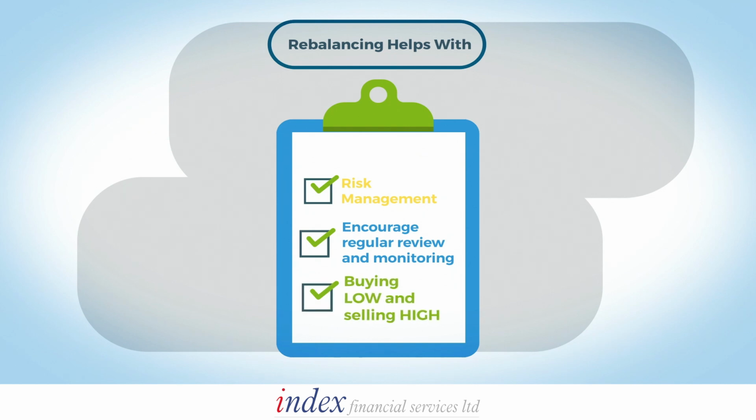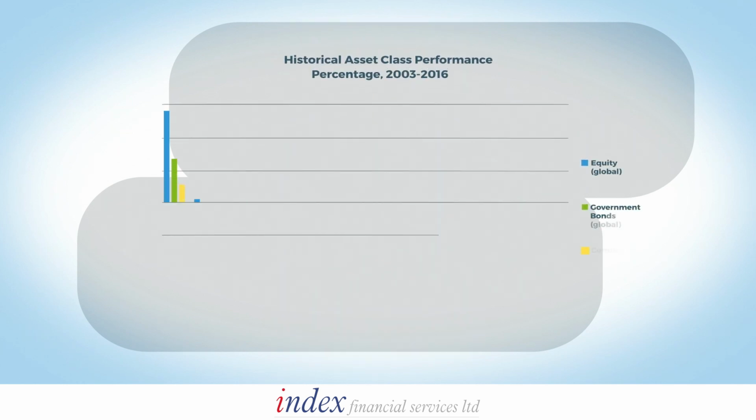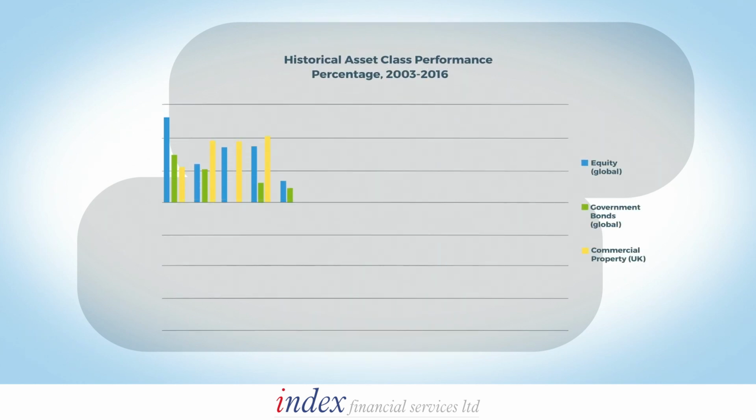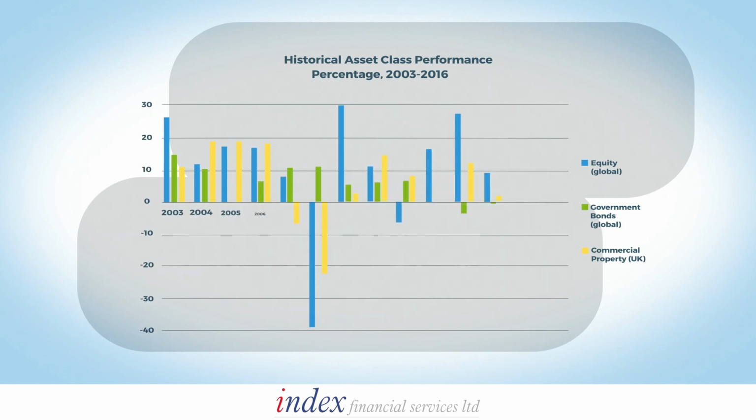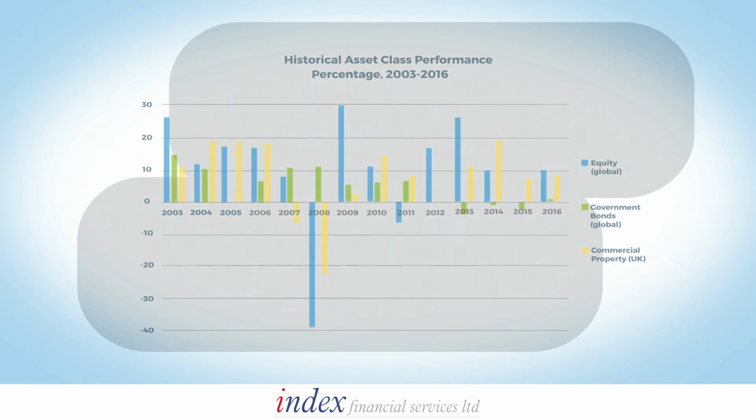Done properly, rebalancing should ensure you're shifting in part from those investments that have done better to those that have not done so well. Provided investments are going up and down over time, but at different rates at different times, this should help ensure you lock in some gains in value as they're made. With a long-term horizon, this approach makes sense.